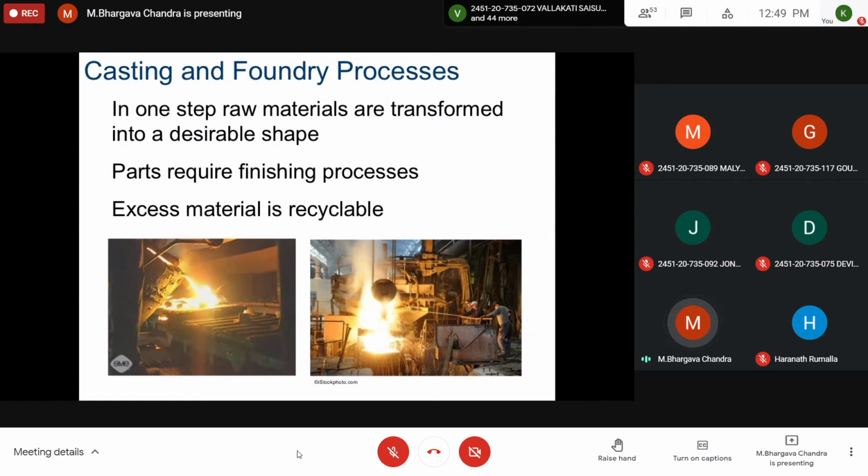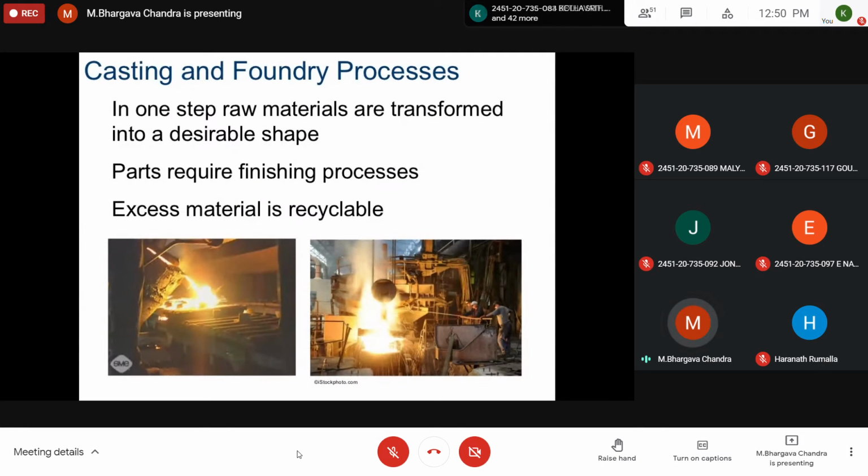So in casting, if you are aware of it, casting or foundry, steel in raw form will be subjected to melting, brought to a molten, liquid condition by heating it to say 2000 or 3000 degrees. At that molten, flowable condition, it will be poured into a desired mold which has the desired shape. Once poured into that mold, it will be allowed to cool down in controlled cooling processes. Once it is cooled, the mold is destroyed, and whatever you get will be a finished product having the desired shape.